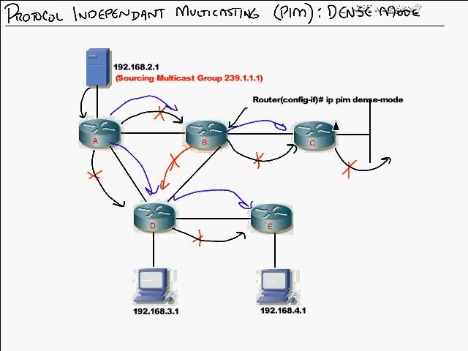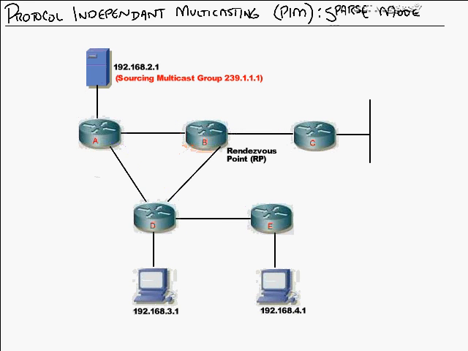It's always going to be the same streams again and again and again coming through, and all the routers will get it and have to cut them back. So PIM dense mode is ideal if you have, per se, a network that looks like this. 5 routers, no more. Small networks will usually use something like PIM dense mode just because of its ease to